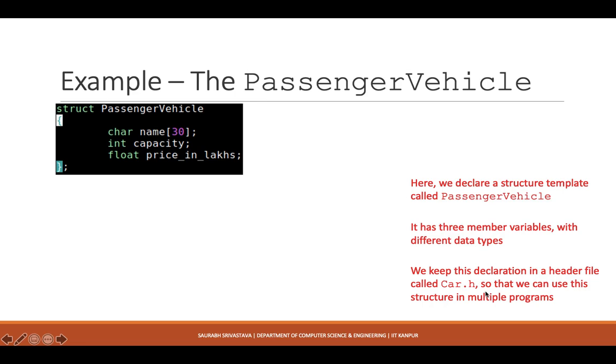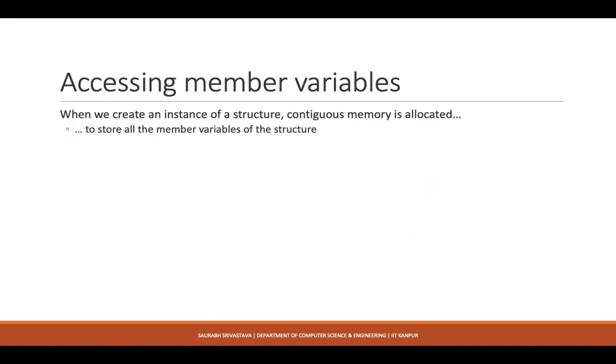The reason is that we are going to use it in multiple programs, and it is often a good idea to define these structures in some kind of a header file, so that in any program where you want to use them, you can simply include that header file and then use them. So now we did create those structures, but how do we actually access those variables, the i, f, and c that we had in the sample structure? How do you actually interact with them?